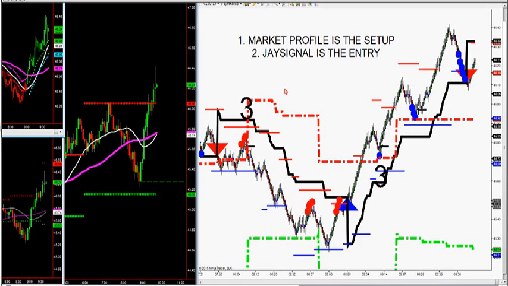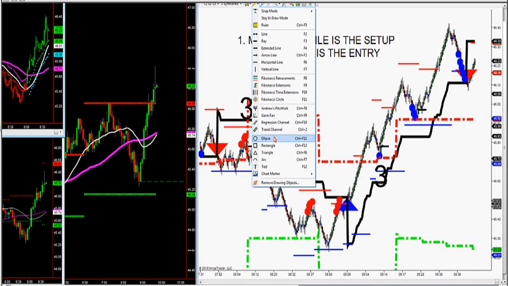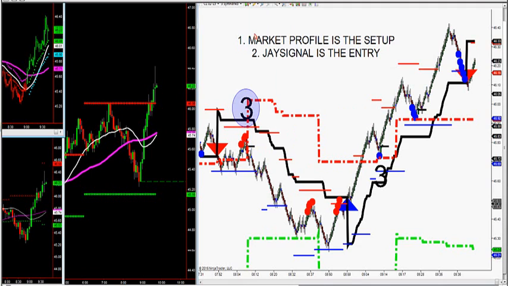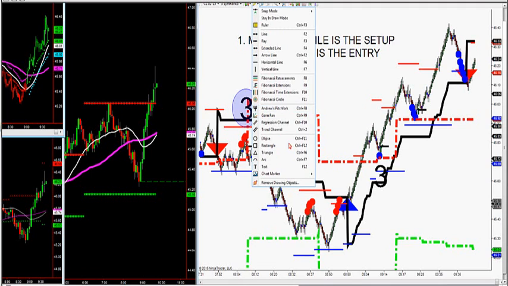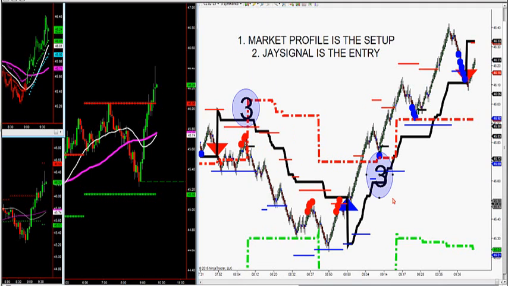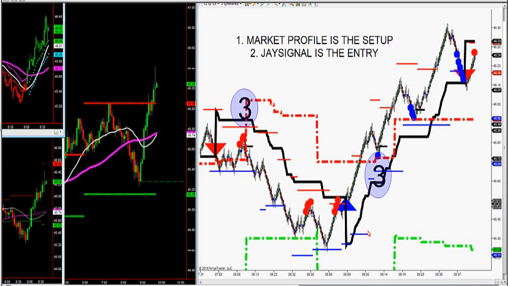J signal on the accuracy of the 3 SymRenko. The 3 SymRenko, we have our own proprietary Renko bar type. There's only one specific setup that we trade. It's called a number 3 setup. One specific trade, number 3 setup. And that's a retracement trade off our 3 SymRenko chart when market profile has been violated and retested with J